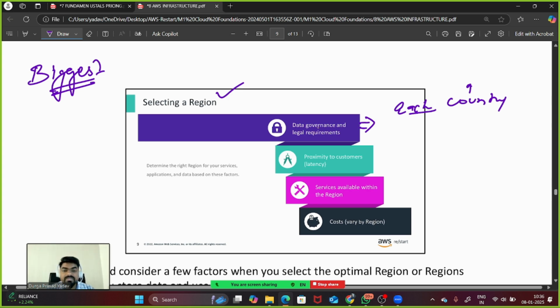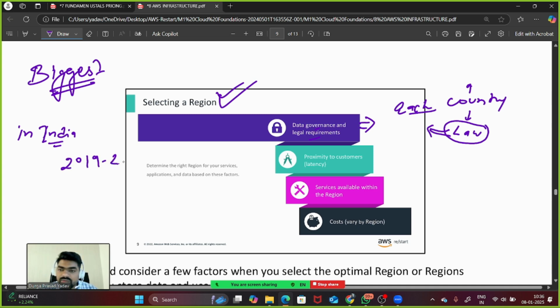So there will be some data governance and legal requirements, because within the country, state, there will be some jurisdictions, and overall there will be law. There will be law of each country, so that particular region will follow the local law of that particular country. For example, let's suppose in India in the year 2019-20, in between of it,